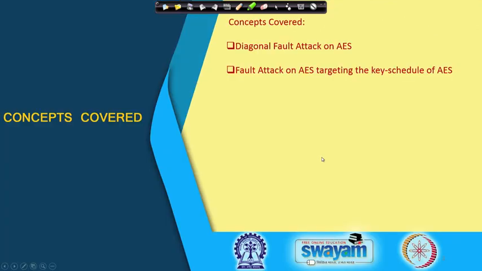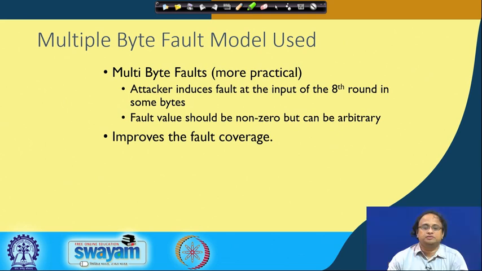So, we shall be talking about two types of fault attacks. The first one is called diagonal fault attacks, and the second one is where we target the key schedule of AES. To start with, we have been considering what are called single byte fault attacks, where the fault is restricted to a single byte of the state